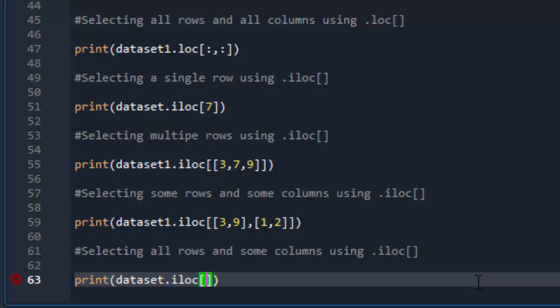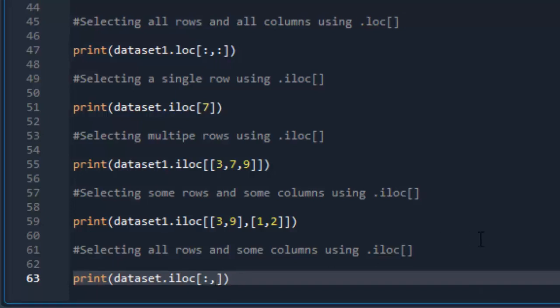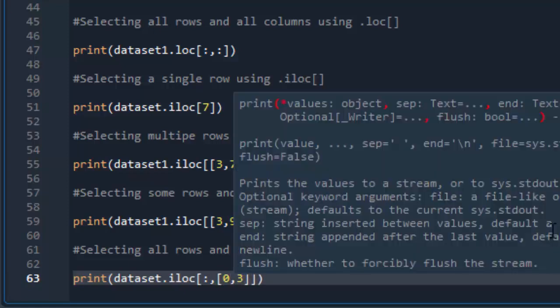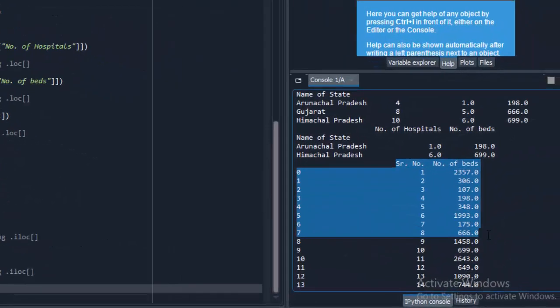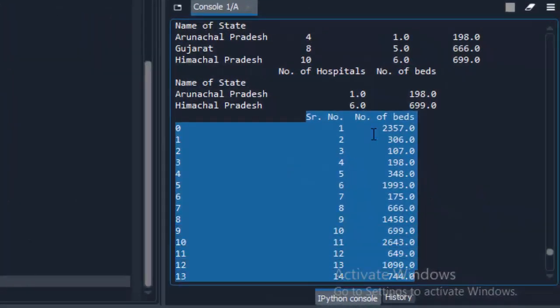Within the subscript, we pass the first parameter as a colon, since here we want to select all the rows which are present in the dataset. And the second parameter is the columns. Suppose I want to show 2 columns, so I'm going to take the list of columns according to the index values. Now if I run this code, it is showing the output, that is the index values along with the serial number and number of beds. And it is showing all the rows.